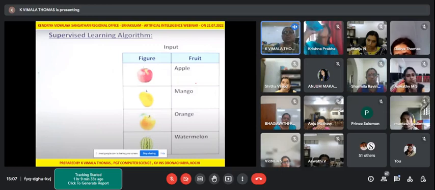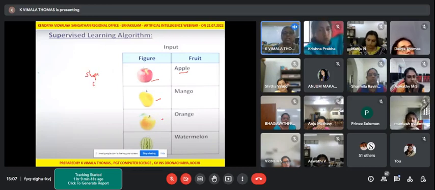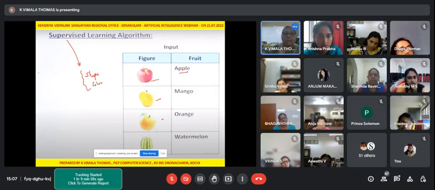Okay, so in supervised learning, we know the color of the apple and the color of the mango. There are properties, shape is there, color is there, with which we distinguish. So somebody is telling the properties. When you are training your child, you will say apple is red or a little rose color, mango is yellow or something else, orange. But between orange and mango, there is a shape difference.